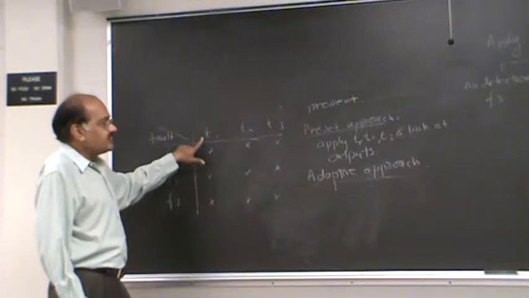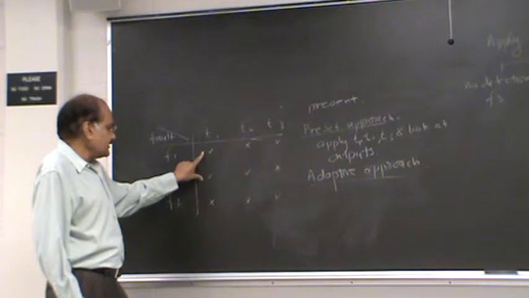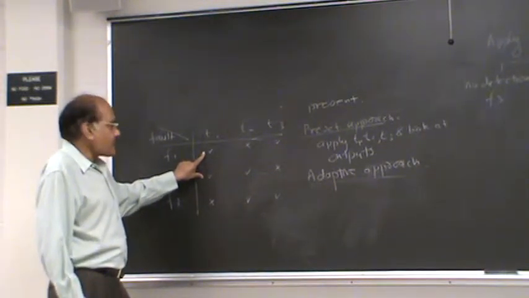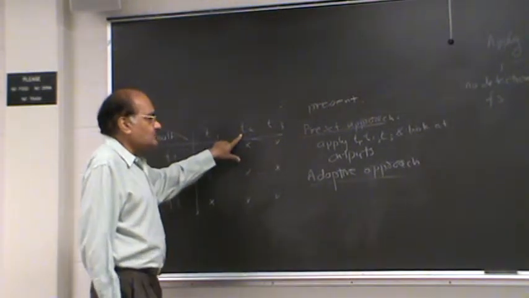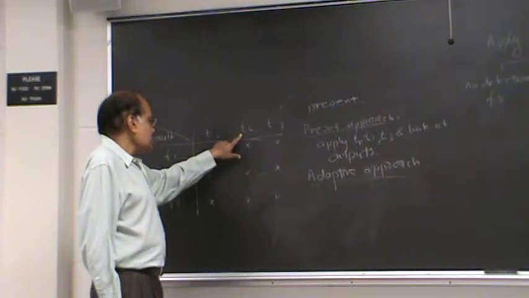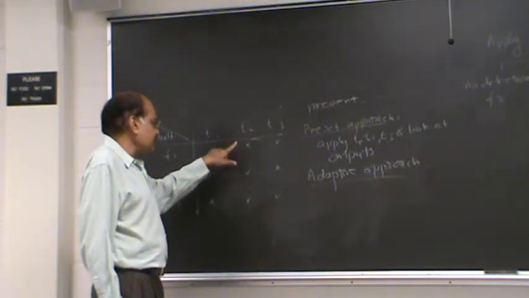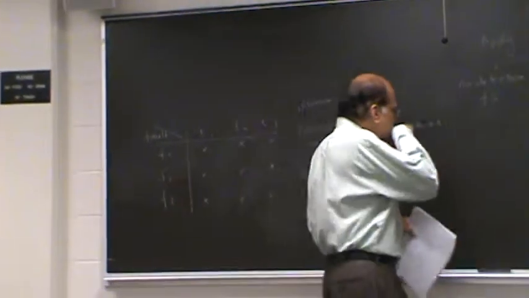And so we know that if it is detection, then it is fault F2. And if it is not detected, that means either F1 or F2. And then you apply T2. And T2, let us assume it detects a fault, then it has to be F2. If it does not detect, it has to be F1. So basically, we can say that